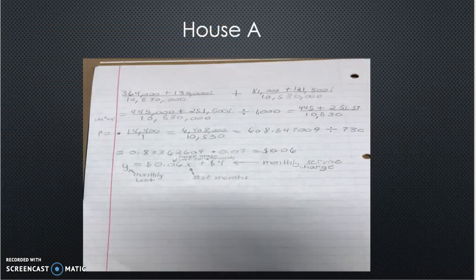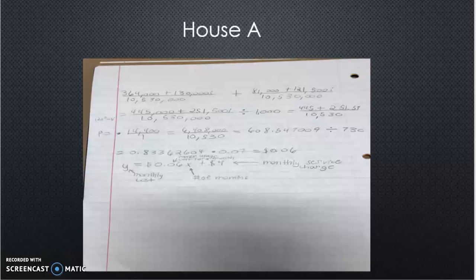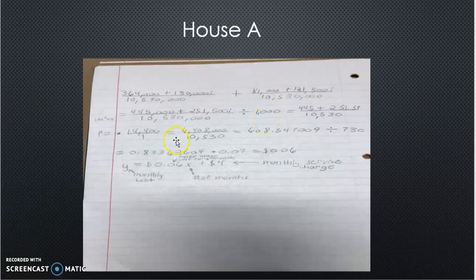After that, I got those equations, added them together, and I divided the ending equation by 1,000, and I got 445 plus 251.5I over 10,530. And then for P, I multiplied that equation by voltage squared, which was 4,400, and I ended up getting